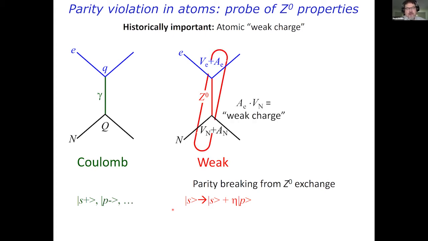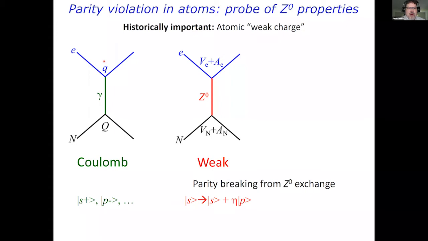For many years, the goal of atomic parity violation experiments was to measure what's called the weak charge. And here you may notice that the Coulomb interaction is described by the quantities, the charges of the particles, which is a sort of coupling strength, an electromagnetic coupling strength for each particle. In weak interactions, each particle has two distinct types of coupling strengths. There's a vector coupling, which is completely analogous to the charges, but can be different for different particles. And then there's another quantity called an axial coupling, which is explicitly linked to the spin of the particle.